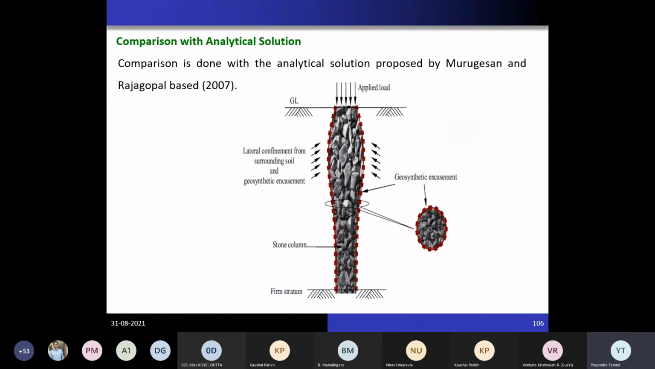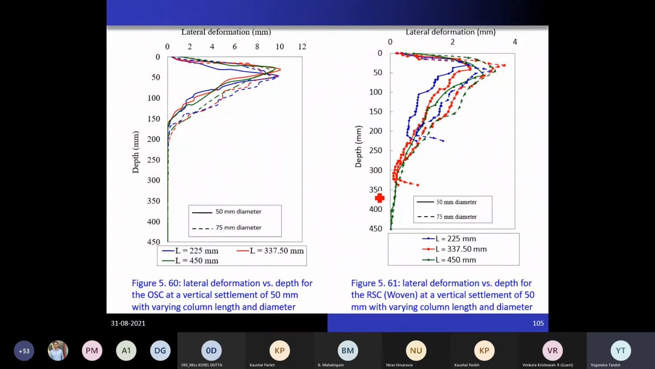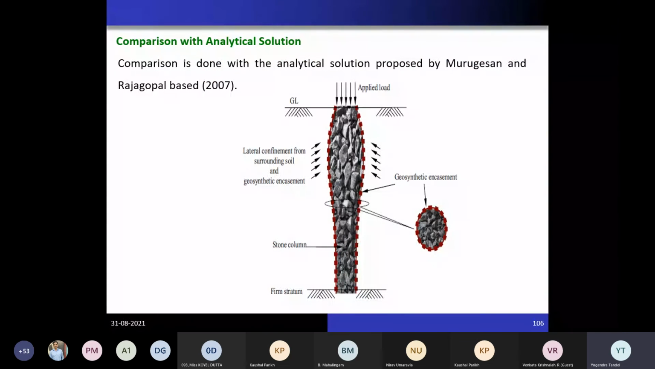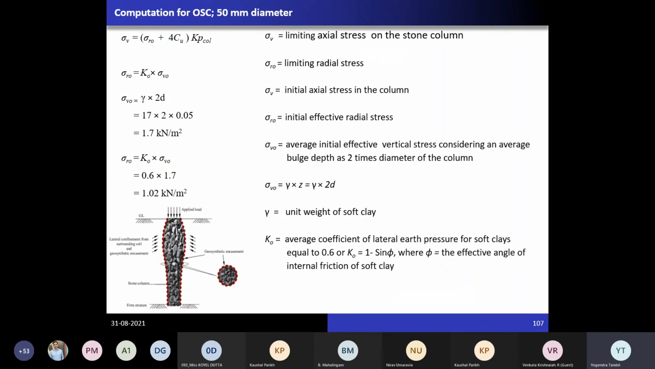So this is the same with respect to lateral deformation. Now, whatever you see, even though you compare with the numerical analysis, ultimately from the field perspective, when you go to design the stone column, obviously you should have a certain closed form solution, certain equations. Based on the guidelines of this paper, and again with respect to IS 15284, you can use this